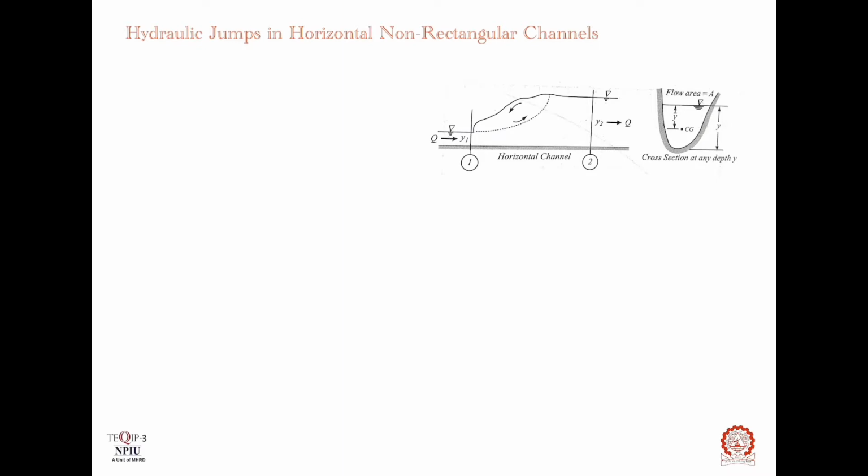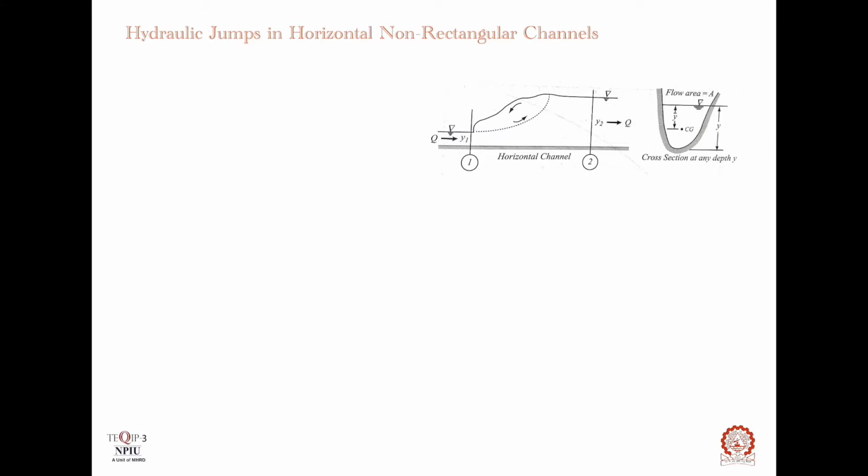In case of non-rectangular channels, the flow in a jump will involve lateral expansion or lateral contraction of the stream as the case may be, in addition to increase in depth. The cross-sectional areas are not linear functions of the depth of flow as in the case of a rectangular channel. These aspects introduce not only computational difficulties in the calculation of the sequent depth ratio but also incorporate structural changes in the jump. However, the solution of hydraulic jumps in horizontal non-rectangular channels are available in literature.